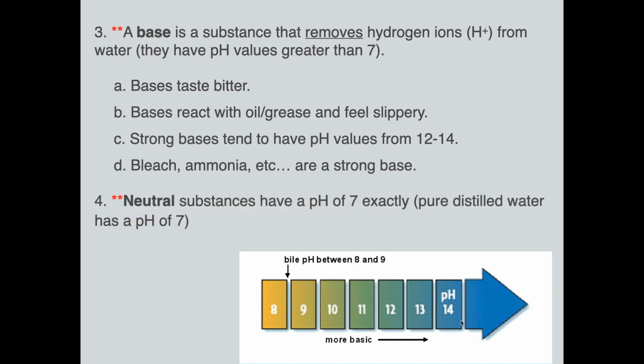And then last but not least, neutral substances have a pH of exactly 7. So we're talking 7.000000000, and only pure distilled water has a